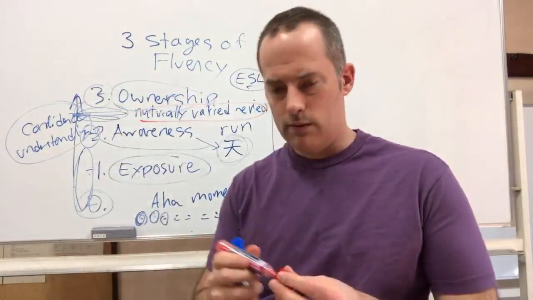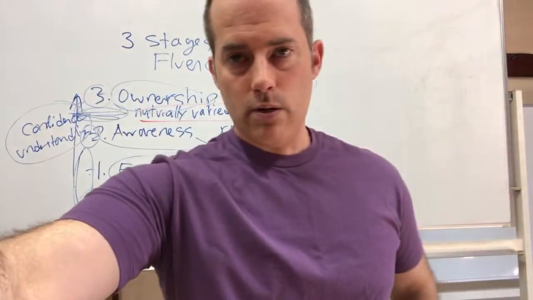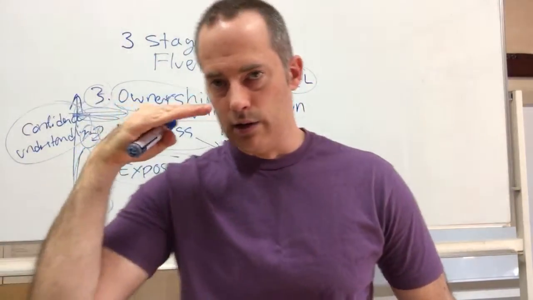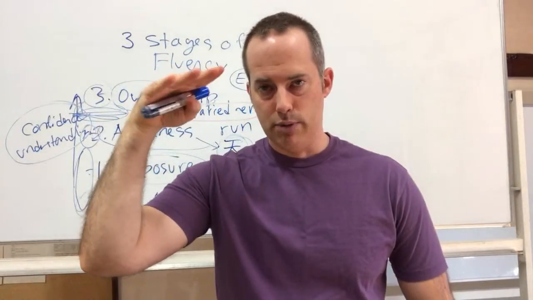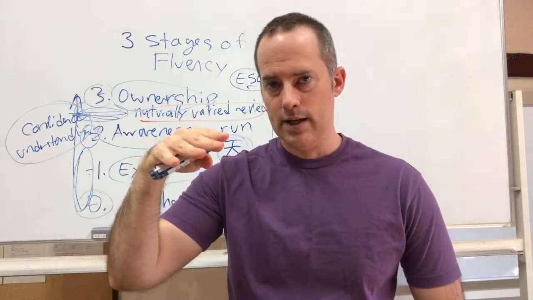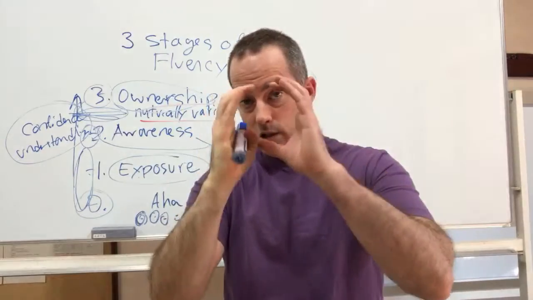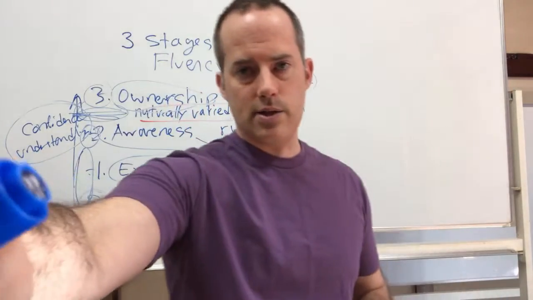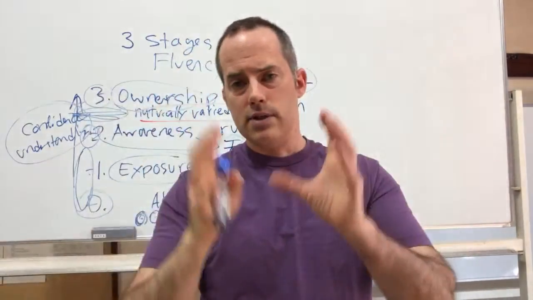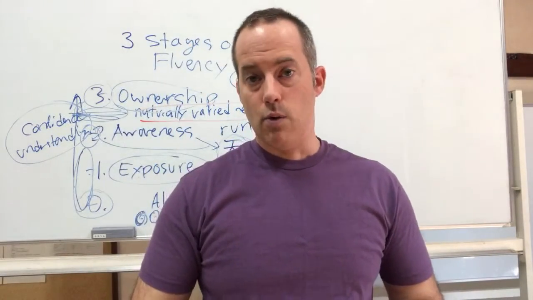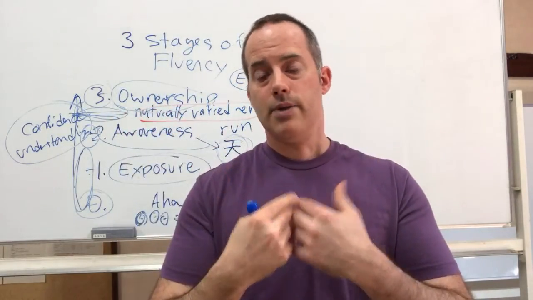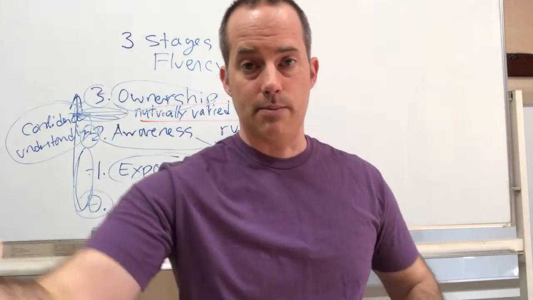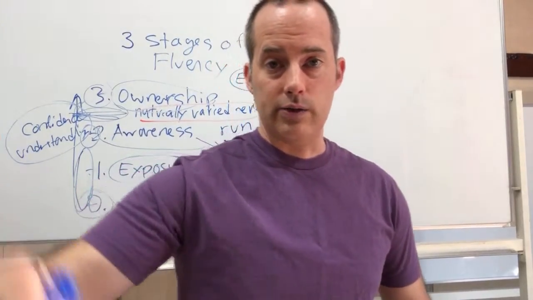Naturally varied review. The point when you're learning a language is not to learn a word or phrase and repeat it a bunch of times. That's not how you get fluent. You get fluent by learning a situation, like what people say in a situation, and then you hear lots of different examples of that thing. So you want to hear not just me say something, you want to hear other natives say the same thing and hear other things that people might say.